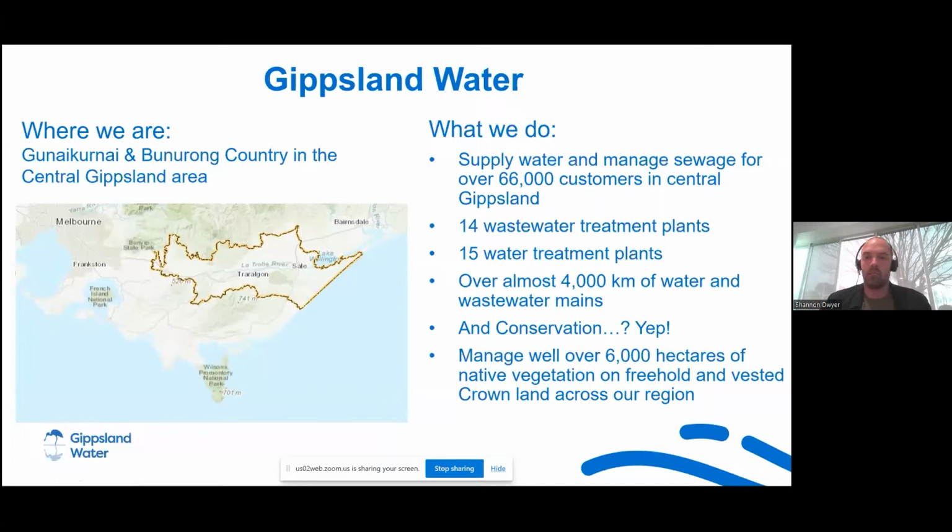So we've got around 6,000 hectares of native vegetation across our region that's both freehold and crown land vested in us. Some of those are formal conservation reserves for biodiversity offsets. We also have carbon offsets, but quite a lot of it, the vast majority, is native vegetation with no specific protections apart from just being natural vegetation. So yeah, we undertake weed control, pest animal control, those sorts of things, but also where required, we do specific management of threatened species and on occasion translocation projects.